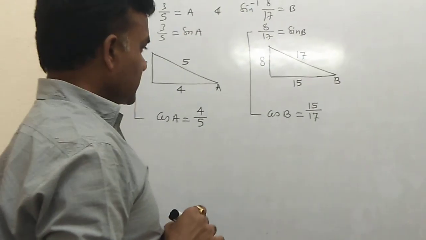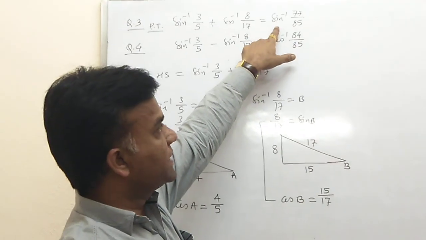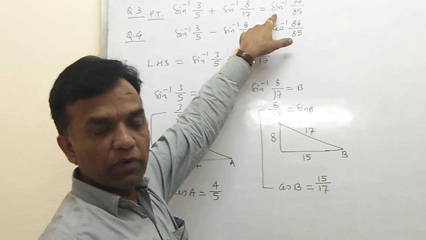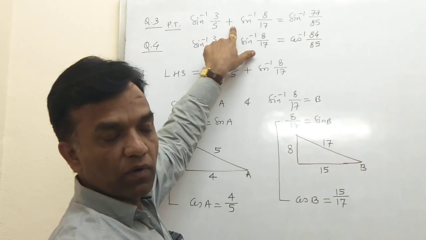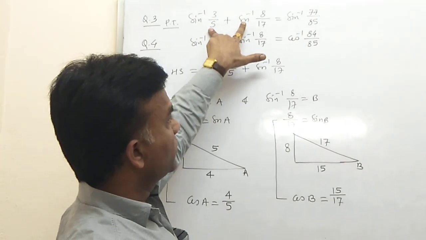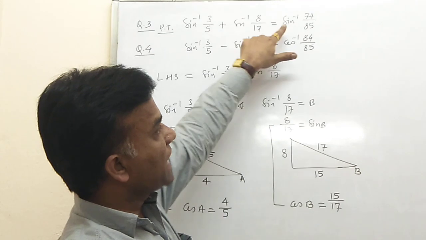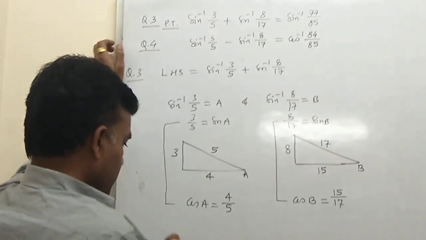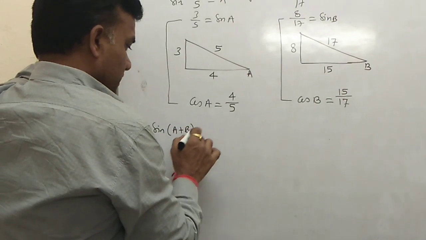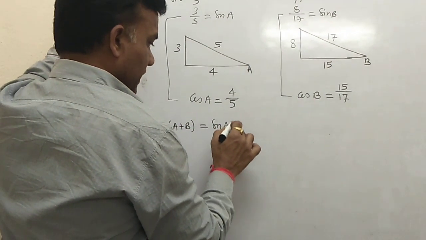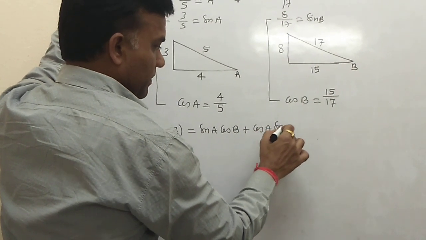Okay, now first you clear out which trigonometrical identity is given on the right hand side, which is sin inverse. It means first you use the formula for sin, and now these two terms decide which formula to use, in condition A plus B or A minus B. Both the terms are added here, the plus sign is here, so use the formula for sin of A plus B. Okay, so use sin of A plus B, and sin of A plus B is sin A cos B plus cos A sin B.